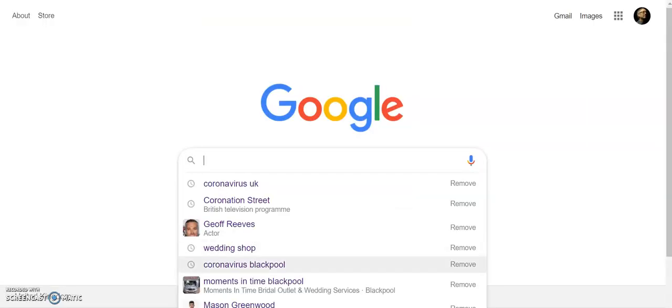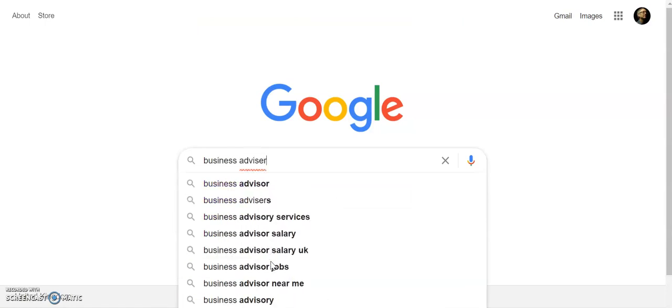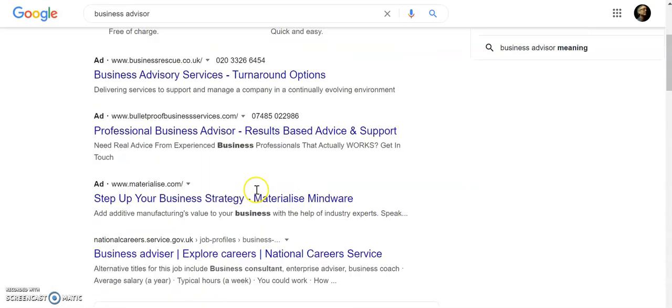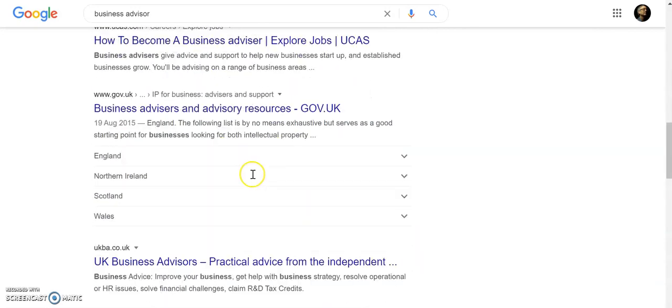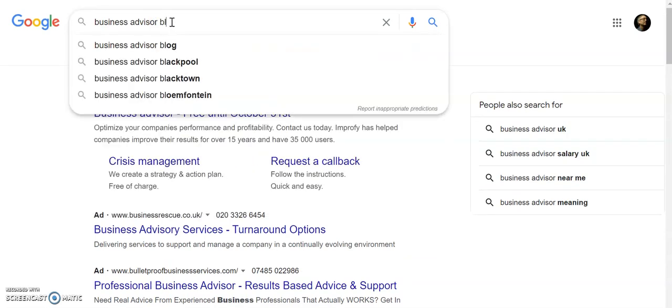Let's type into Google a business advisor. Okay. Well, the first thing to notice is it gives me loads and loads of different business advisor things. But it's not really going to help me very much, is it? Now, if I was to put business advisor